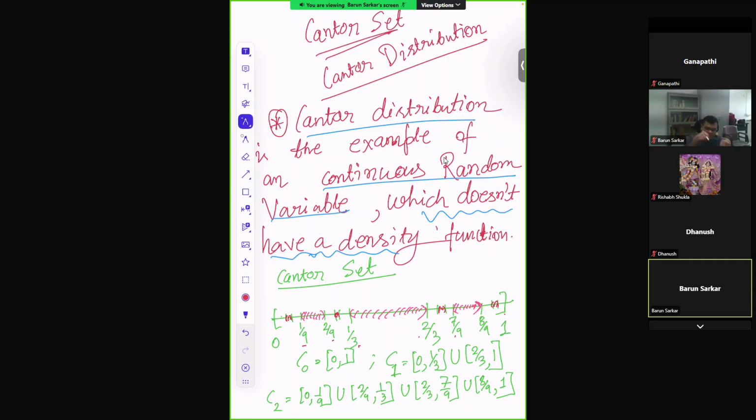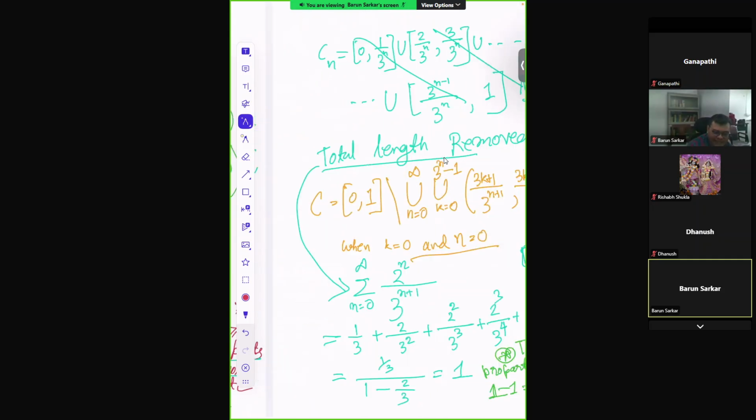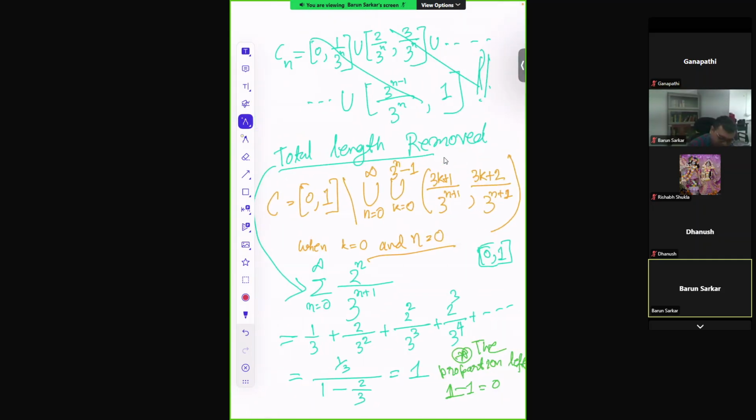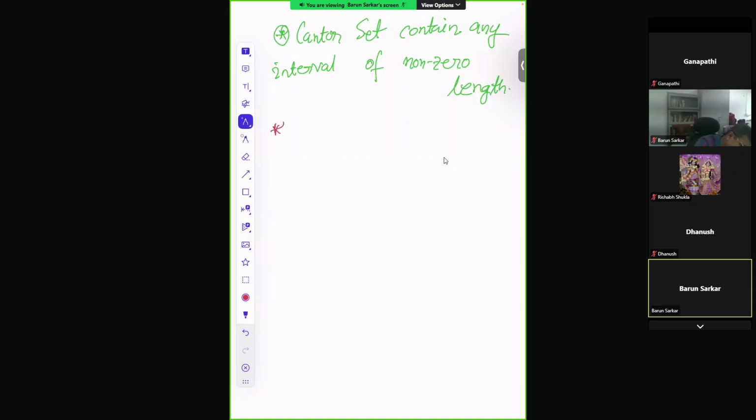So the endpoints continue to remain, like 1/3 and 2/3. So in a sense, the Cantor set is non-empty, and contains